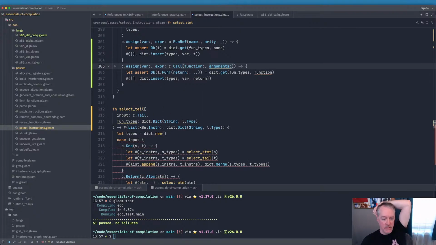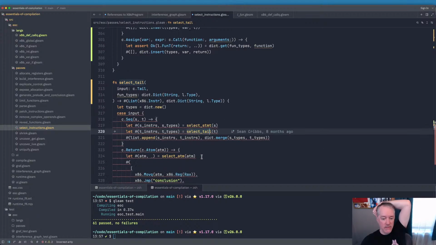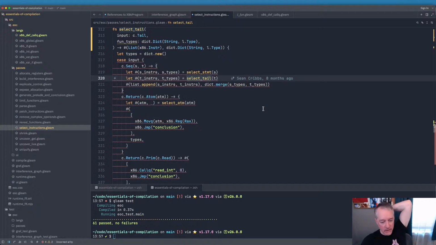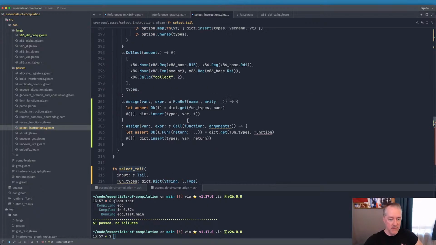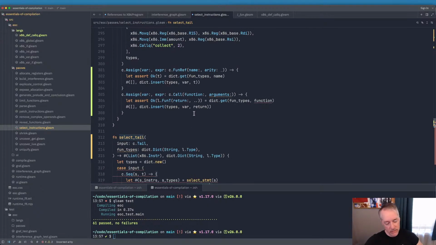So in select tail, because we call select tail recursively on itself in sequences, right? So we need to track the types of local variables, which